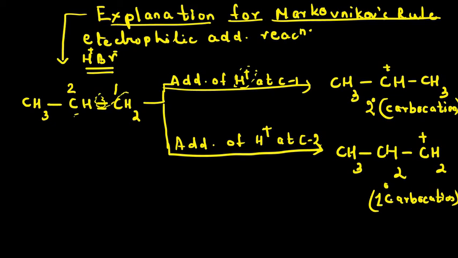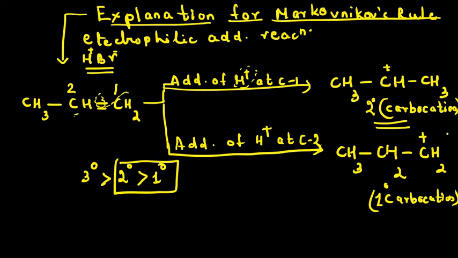We have already studied stability, where we learned that the tertiary carbocation is more stable than secondary, and secondary is more stable than primary. In our case, we have a secondary carbocation and a primary carbocation, and since the secondary carbocation is more stable, it will be the predominant one. Now this secondary carbocation very rapidly combines with what is left, Br, to form 2-bromopropane as our major product.